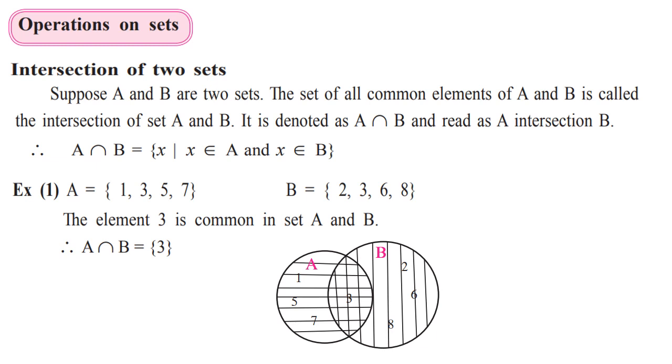Now let us go towards the second operation on the sets, that is disjoint sets. Here disjoint means they are totally different. Nothing is common in these two sets. Let us take one set A where we have elements 1, 3, 5 and 9. And one more set we have, that is set B, where we have elements 2, 4 and 8. Now observe. Can you find any common element here?